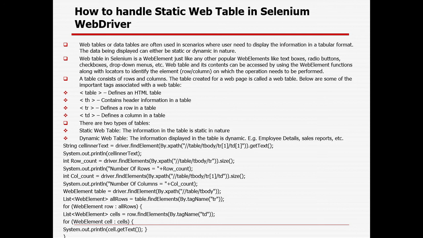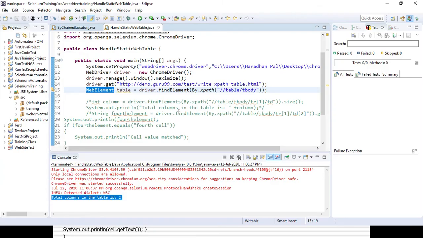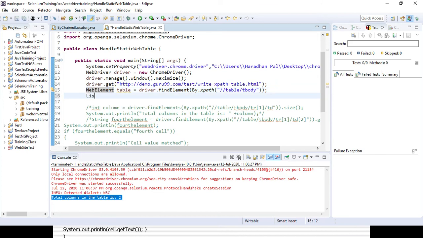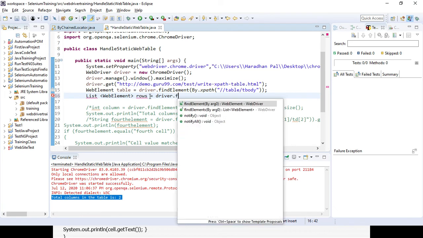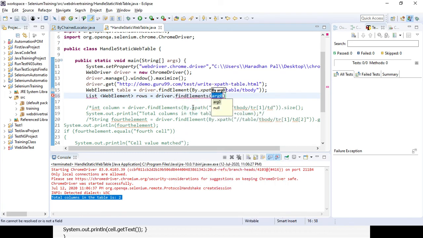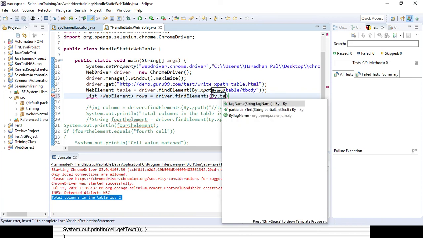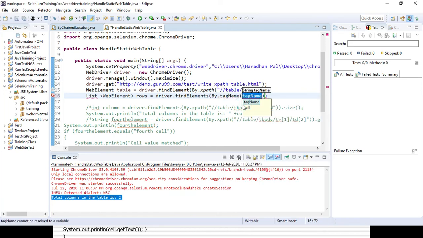So you need the List interface and WebElement class, and here I can give, suppose, rows equal to driver.findElements, By.tagName, and the tag name is tr, right?